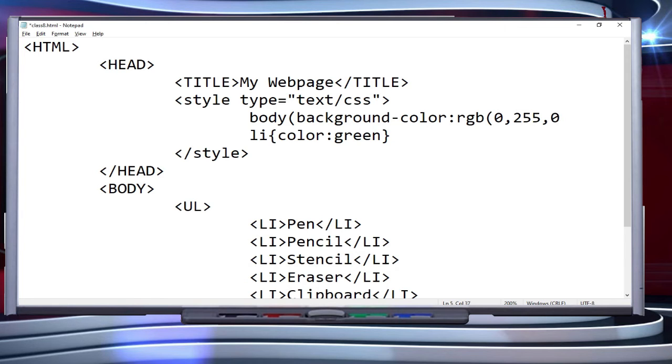Right now, the first code 0 is for red, next is for green, and next is for blue. So this is the reason why we call it RGB, that is red, green, blue. So first one, red, green is maximum, and blue is 0. So this is the reason why background will become green.